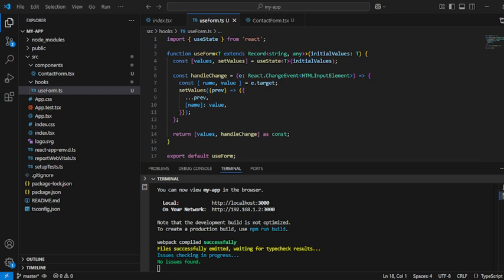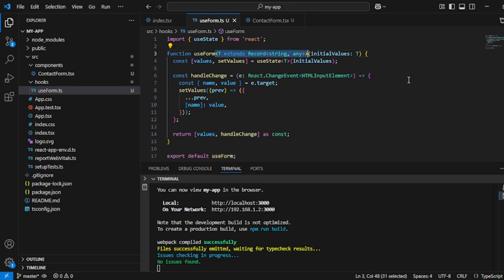Let's understand the step-by-step code explanation. Let's create one TS file, useForm.ts. Here, we have created two folders inside the src folder. One is for components, another is for hooks. Inside hooks, I have created one TS file, which is a TypeScript file since we are creating our project in TypeScript instead of JavaScript. I have declared my function here, useForm. Inside this, T for types, extends Record<string, any>, initialValues. Simply I could have provided it like this, but you can add it like this also.